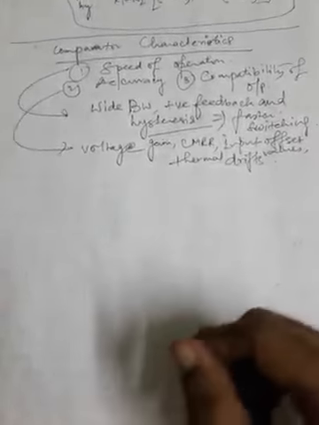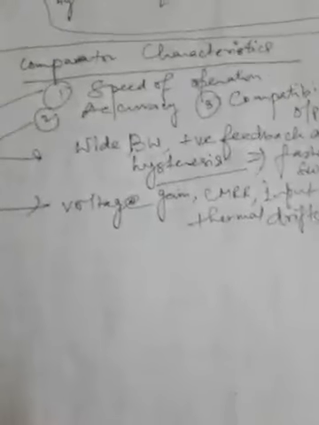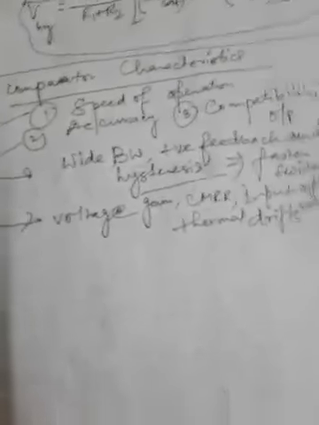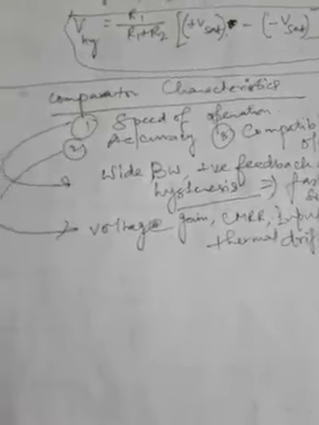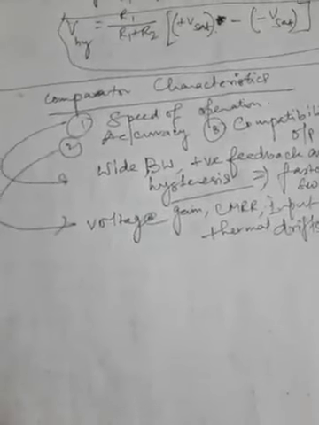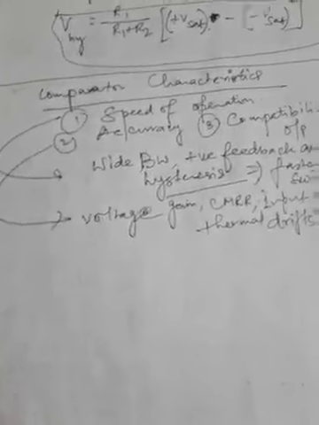And to minimize the offset problem, the input offset current and input offset voltage must be negligible. To minimize that also, we have seen in the case of a Schmitt trigger circuit, a resistance called offset minimizing resistance is connected with Vin, with the inverting terminal, to combat these problems. And the changes in these offsets due to temperature variations also should be very small for accuracy of operation.